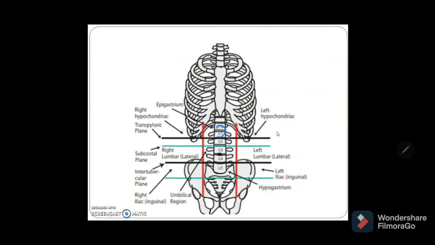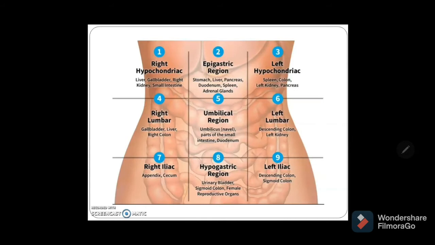You can see epigastric, right hypochondrium, left hypochondrium, right lumbar, left lumbar, umbilical region, right iliac, left iliac, and hypogastric region. So these are the 9 regions. As I already told you, why these 9 regions are important,